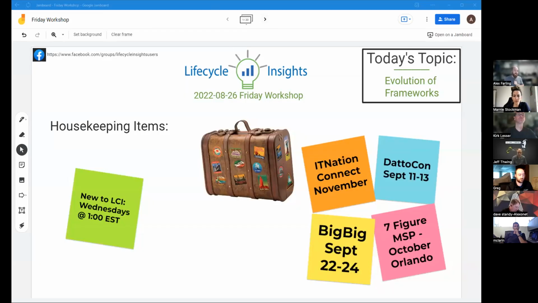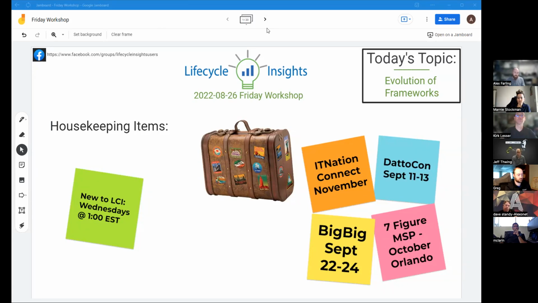At their pre-day. So we're going to pick up and talk about the evolution of risk assessment frameworks. I think this is an interesting conversation as insurance is coming into play, and even our more mature clients who have been doing risk assessments with Lifecycle Insights for a long time are taking a step back and looking at how their assessment stacks up to some of the requirements for cybersecurity insurance, some of the requirements for CMMC and NIST, and just more and more frameworks being slowly but surely and not ever so gently